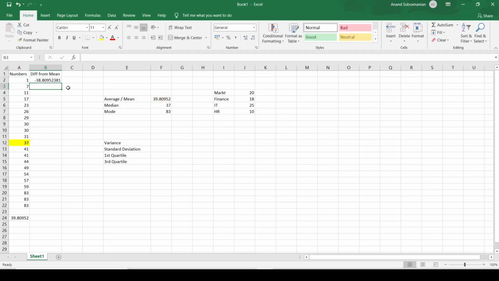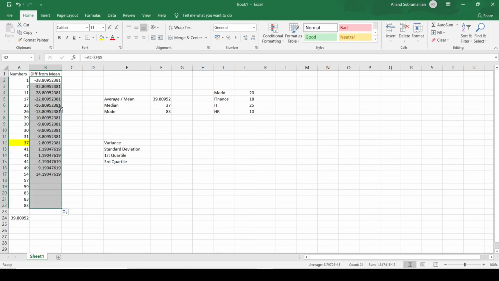Now what this indicates is, if I just copy this, even for the next cells we have F5, the same cell gets copied. A3 keeps changing. If you go to the next line, it is A4, A5, A6, but F5 remains the same. So that's how we can keep that constant, the average. Now let me just copy the whole thing, and let me change the decimal numbers.